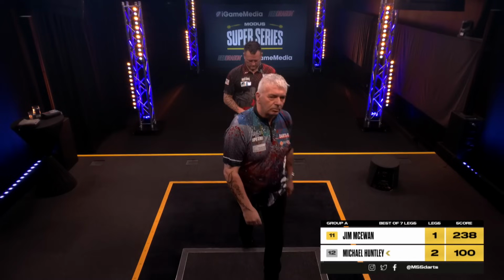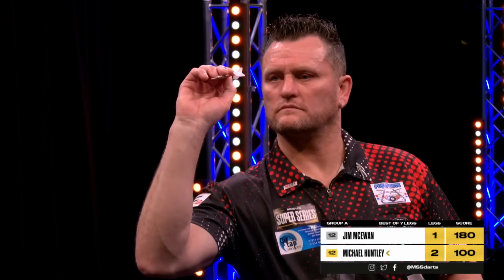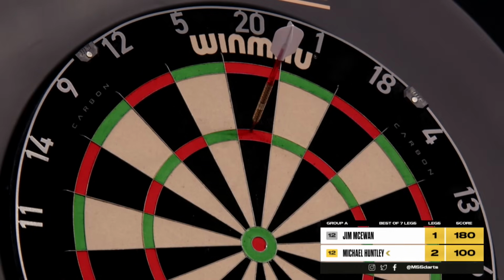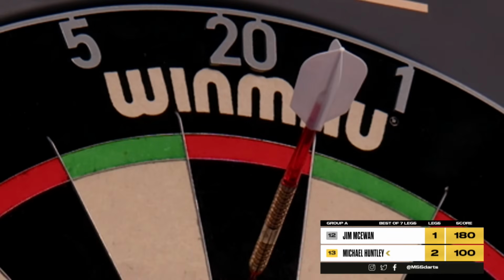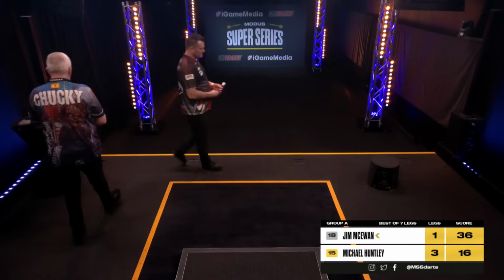First maximum of the game. 58. Mike, you require 100. To set him up on this opportunity to put himself a leg away. This is good from Huntley. He's had game shot on a 4 flag. 2 days of getting absolutely battered